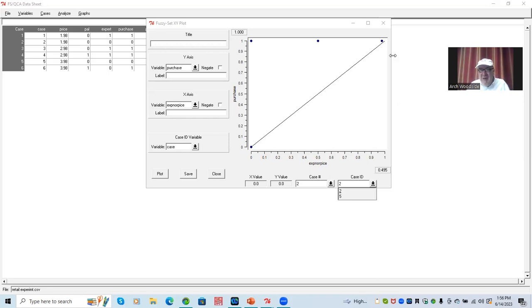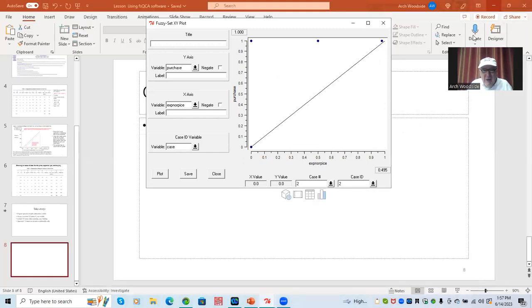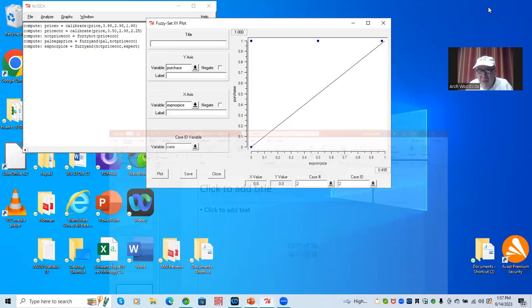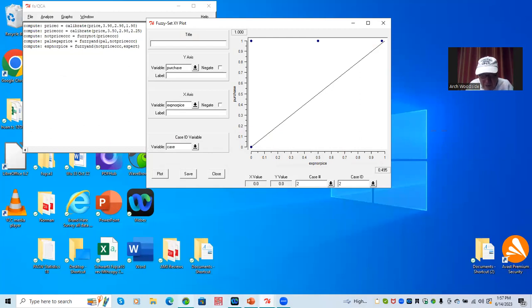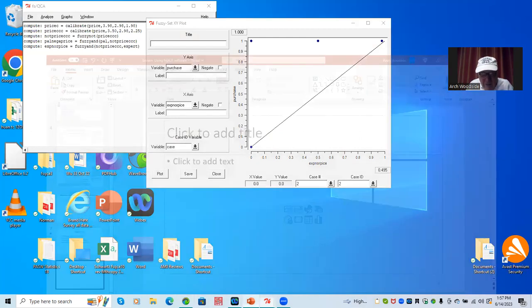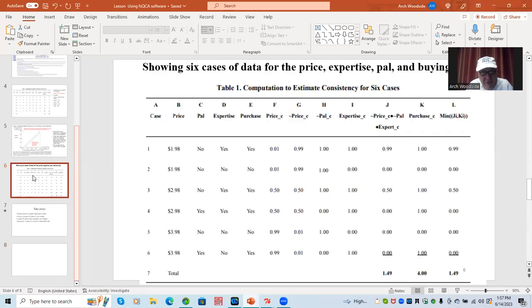And in real life, if you have 200 cases or 1,000 cases, you're not going to get this level of accuracy. But we'll do a problem with more cases in a future lesson in this course. All right, so I'm going to go back to fsQCA here, to the PowerPoint slides, and